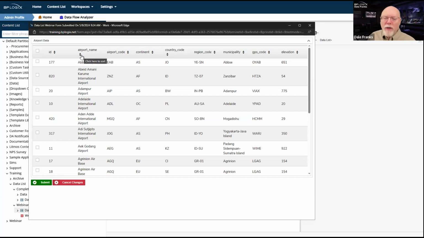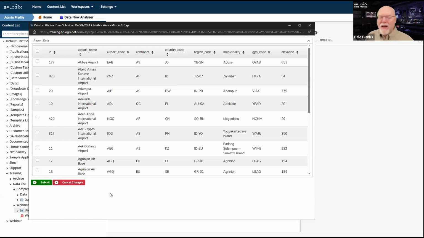So let's make a discrimination. When I see both the up and down arrows, what that means is that this column is unsorted. Essentially, it means that this column is being shown to me in the order in which it appears in the database. Now, if you'll remember, whenever we created our business value a minute ago, we created it alphabetically by airport name. And so that is my default sort order. I can change that sort order, but if I go back to the default order, it's always going to appear sorted by airport name.